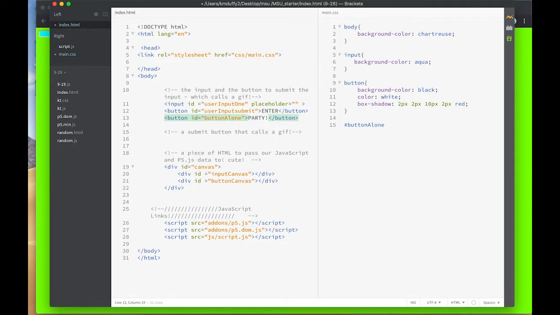IDs are meant to be used one time and one time only. If you try to use them again, your code will break. Classes you can use over and over again. So for instance, if you want all your buttons to be the same, you can give them all the same class, okay? It's really meant to save you time for coding, but I've made this HTML as all IDs. So all you have to worry about is that ID